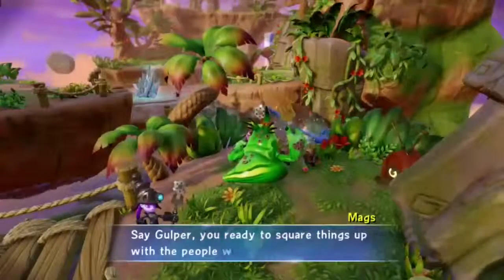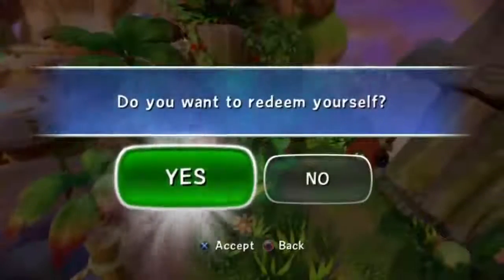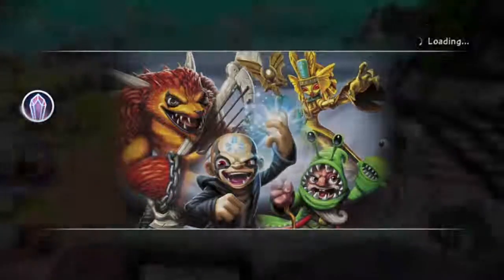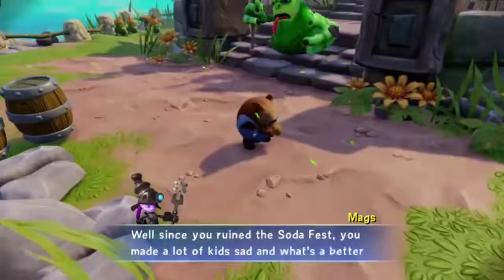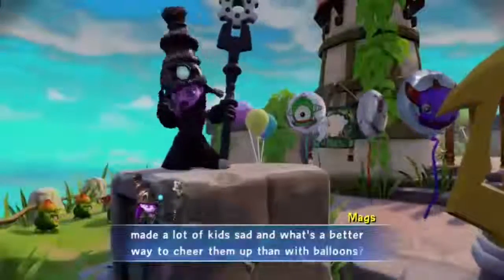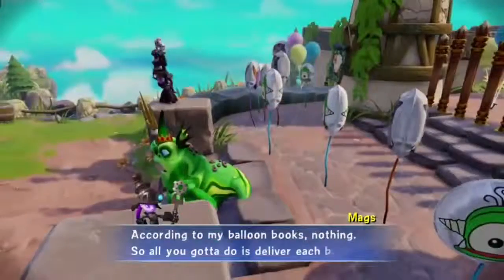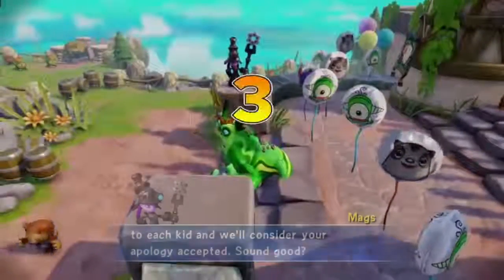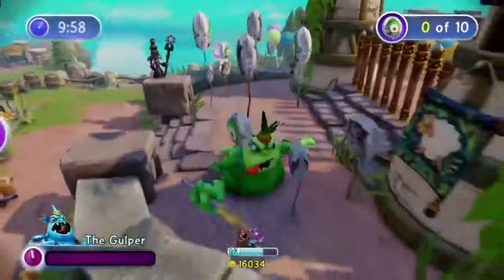This villain quest is what will actually allow you to evolve the Gulper. As you can see, I've already done that, but I will still play through the quest so you can see what's going on. Some quests are more intricate than others. Sometimes it's just a matter of talking to someone and that will complete the quest. However, this is one of the quests that is actually interactive,